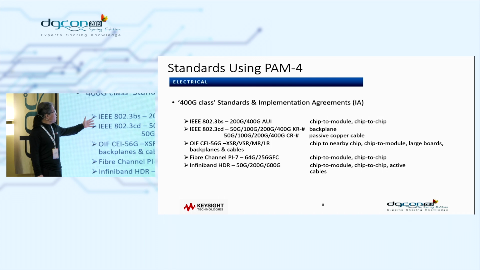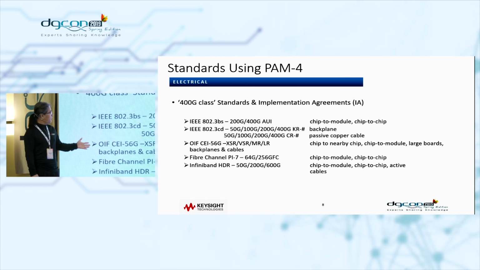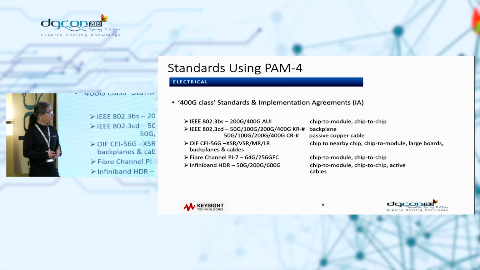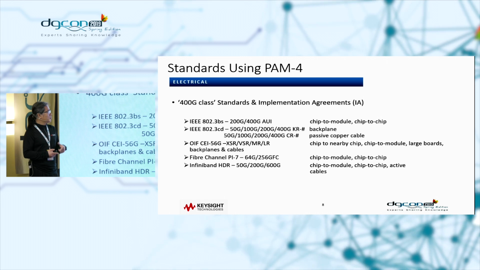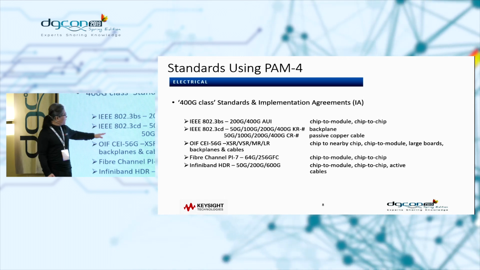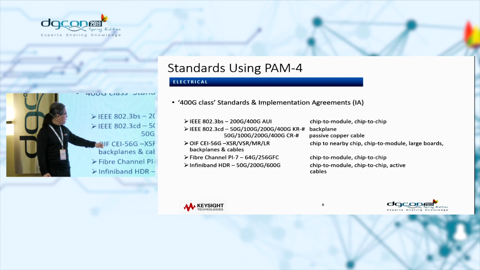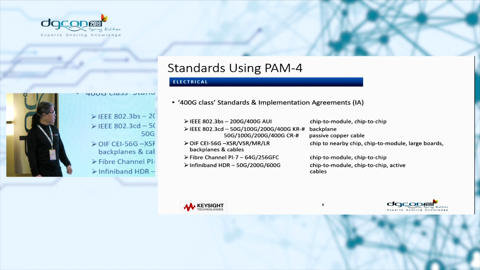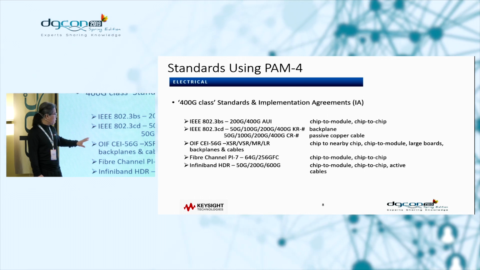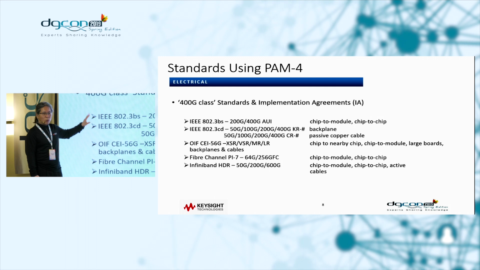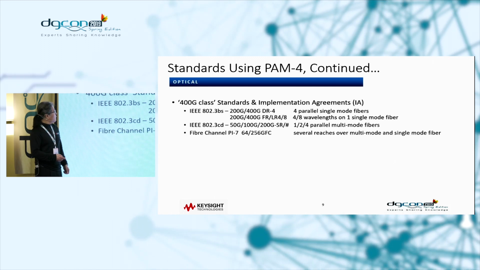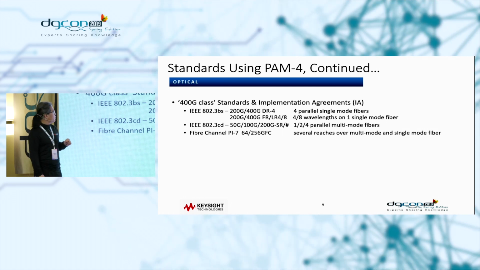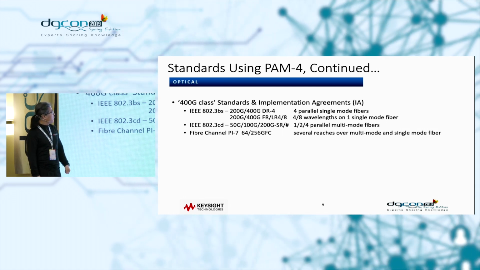We can see that IEEE 802.3bs, which is defining the 200 gig and 400 gig AUI for chip-to-module or chip-to-chip, 802.3cd, and OIF CEI-56G short reach and very short reach, and MR and LR, are also using the PAM4 signaling, all right? If we are looking into the more of the optical standards, as you can see, 802.3bs and